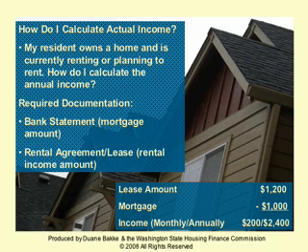So let's look at an example of determining what the income would be if someone were to rent his or her house. To determine this information, you will need to obtain copies of a recent bank statement, a rental agreement, and the current lease covering the next 12 months. The bank statement indicates that the monthly mortgage payment is $1,000. The rental agreement and lease indicate the house is currently renting for $1,200. The income from this house is $200 per month, or $2,400 annually.